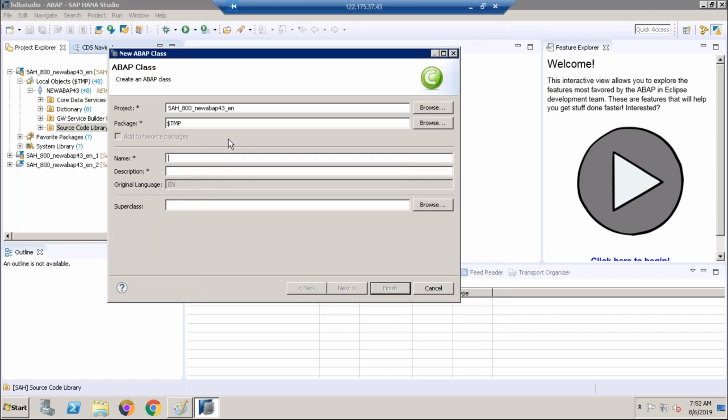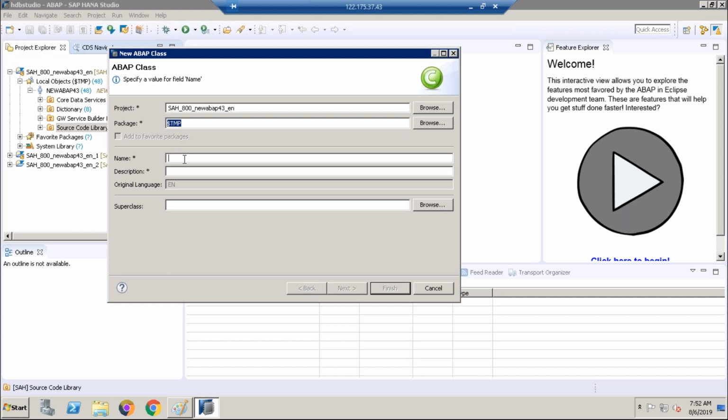You will find a pop-up. In companies, here we need to provide a package, like we write ZABAP something. Then the transport request number: the system should generate a transport request number, but I'm not doing it. We'll discuss HANA transport management separately, guys, it's a separate concept. System landscape we'll discuss later, and how to transport objects in HANA projects we'll see later.